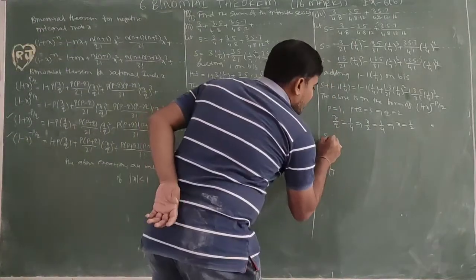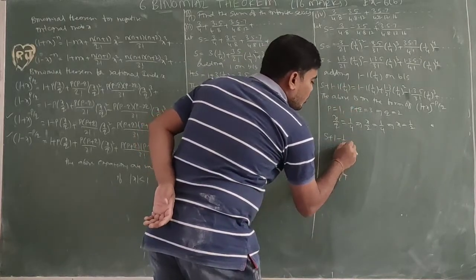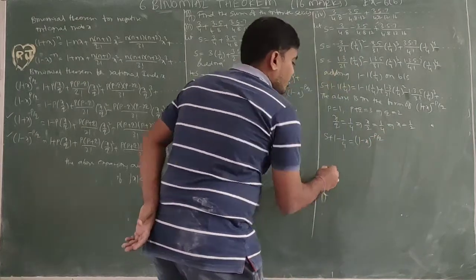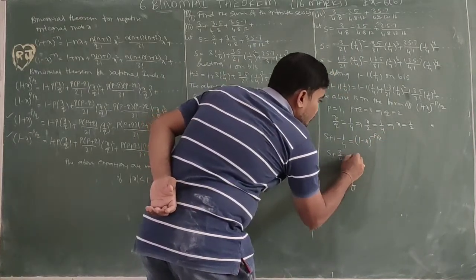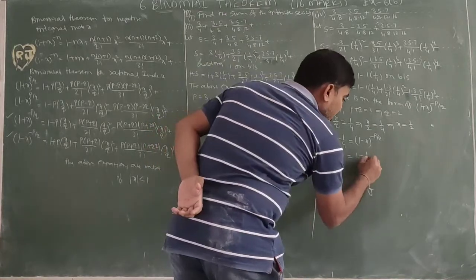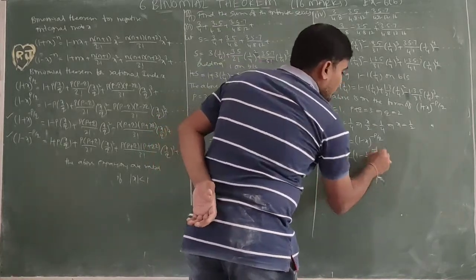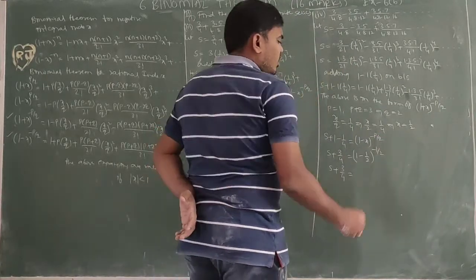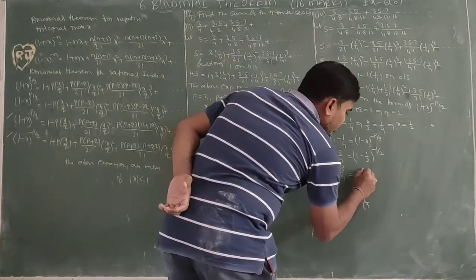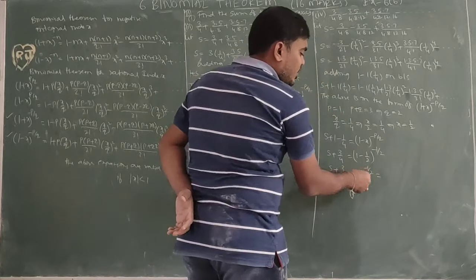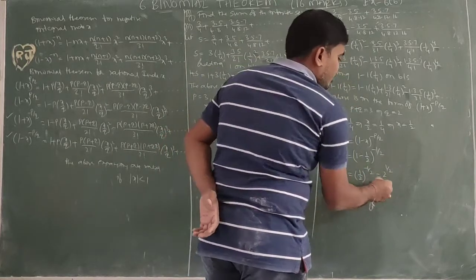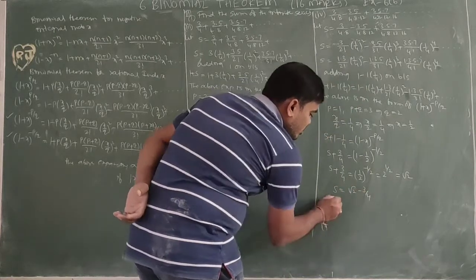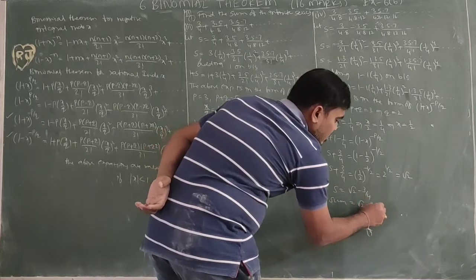Now S plus 1 minus 1 into 1 by 4 equals 1 minus x whole power minus p by q. S plus 1 minus 1 by 4, that is 3 by 4, equals 1 minus x, 1 by 2, whole power, p is 1, q is 2. So S plus 3 by 4 equals 1 minus 1 by 2 whole power minus 1 by 2, that is 1 by 2 whole power minus 1 by 2. The power is negative, so it changes to the reciprocal: 2 power 1 by 2 equals root 2. So S equals root 2 minus 3 by 4. Sum equals root 2 minus 3 by 4.